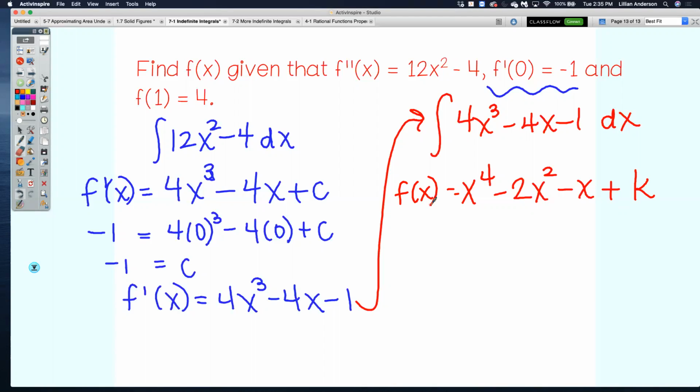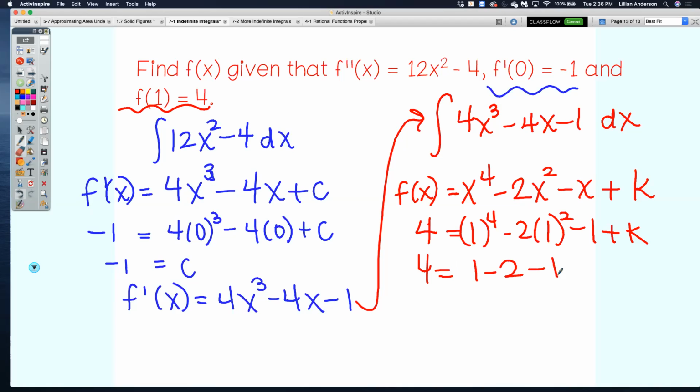So then how would I find constant k? You plug in 1 for x, so everything equals 4. You plug in 1 for x and set everything equal to 4 because of this piece of information that we're given there. So then that'll give me 4 equals 1 minus 2 minus 1 plus k. So k is going to be equal to